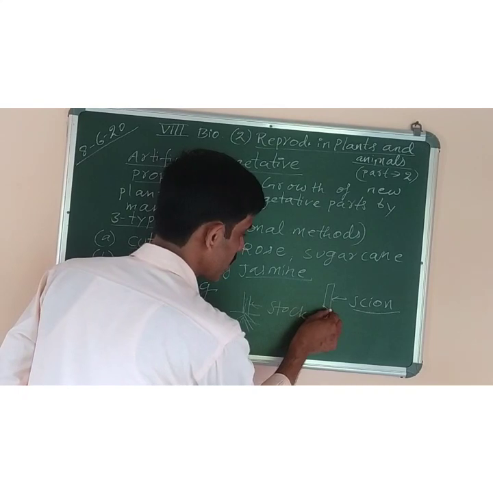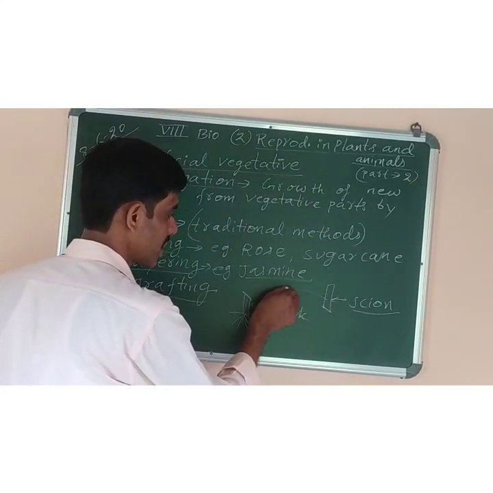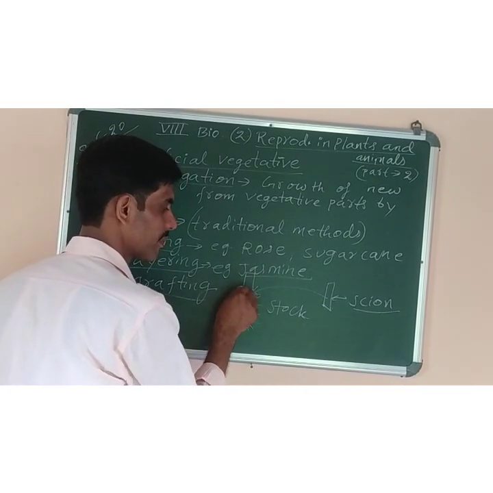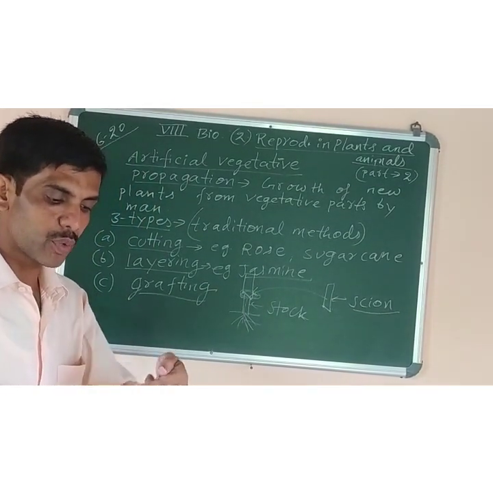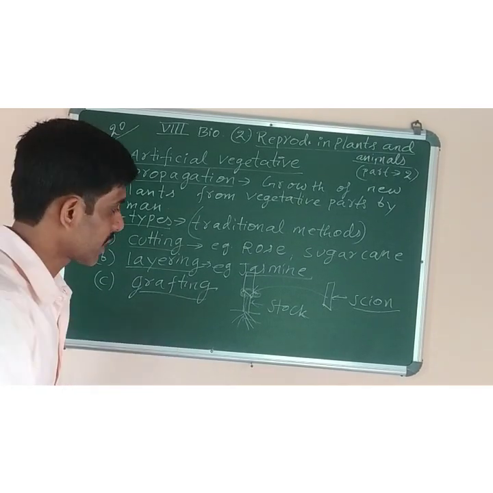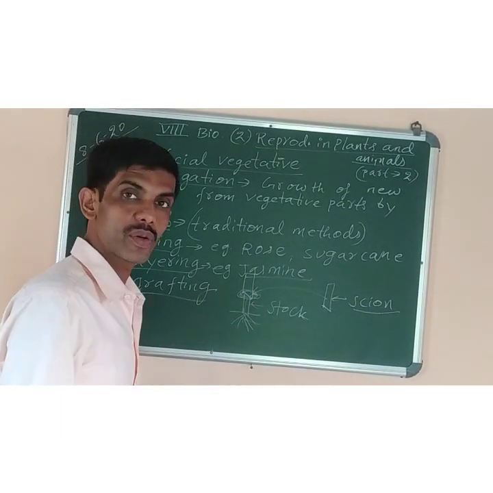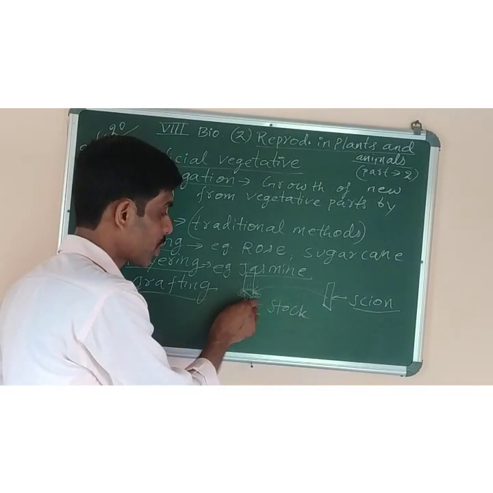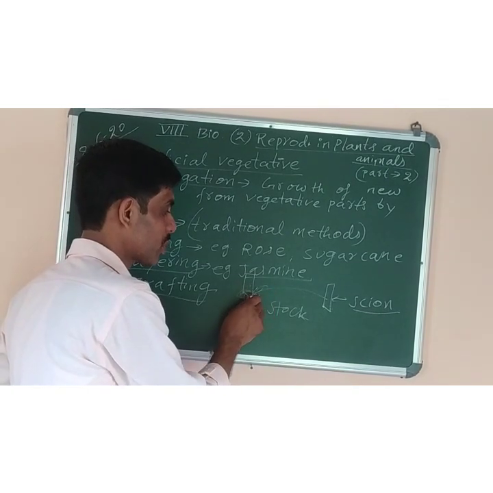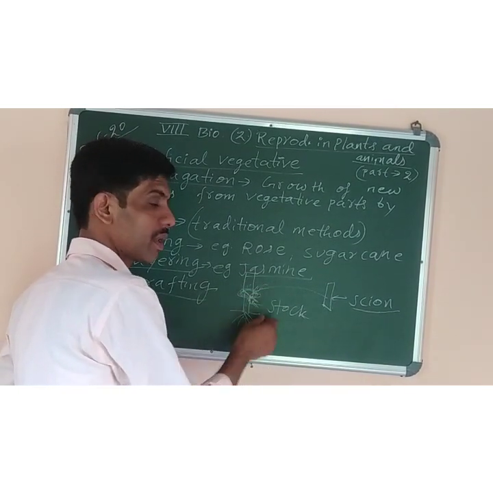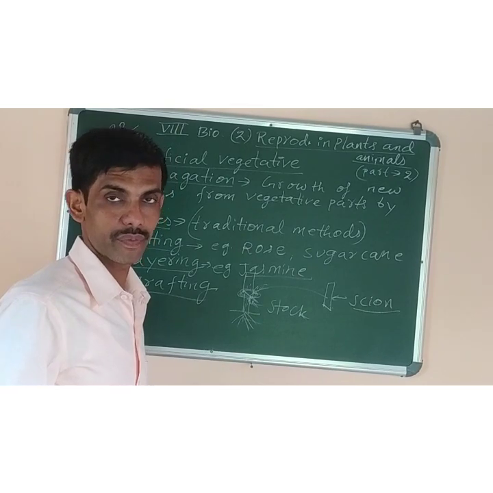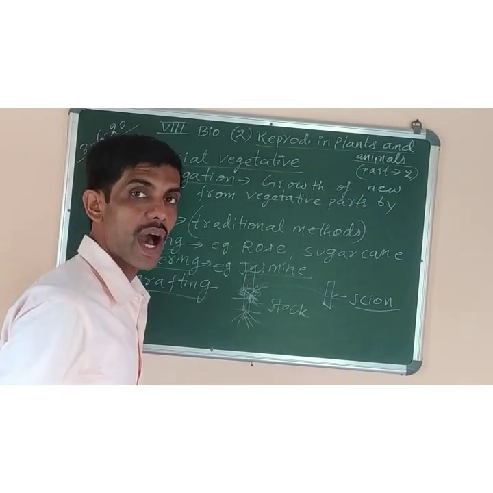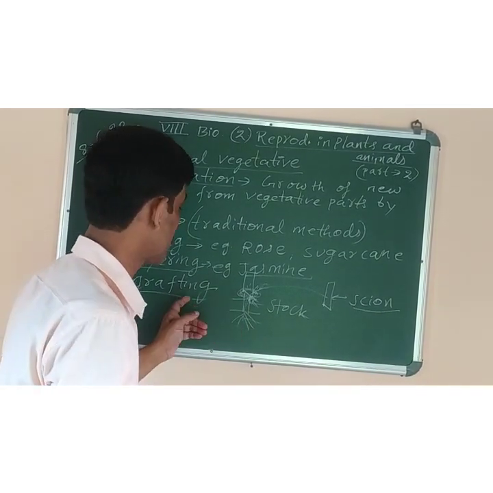And now what we do is, we place them together here. We will bring this one here and put it here and join them. Once we bring both the broken parts together, they will join with each other, the tissues will also join, the cells will join to each other. And characters of both the plants will be combined, and then they will develop the roots, the stem, and the leaves.